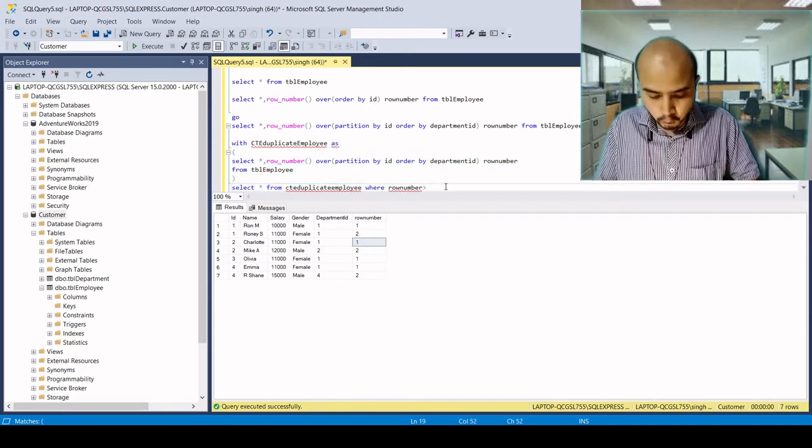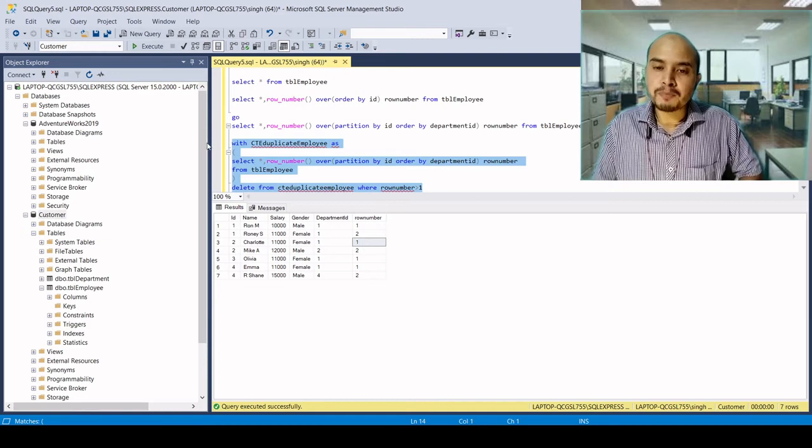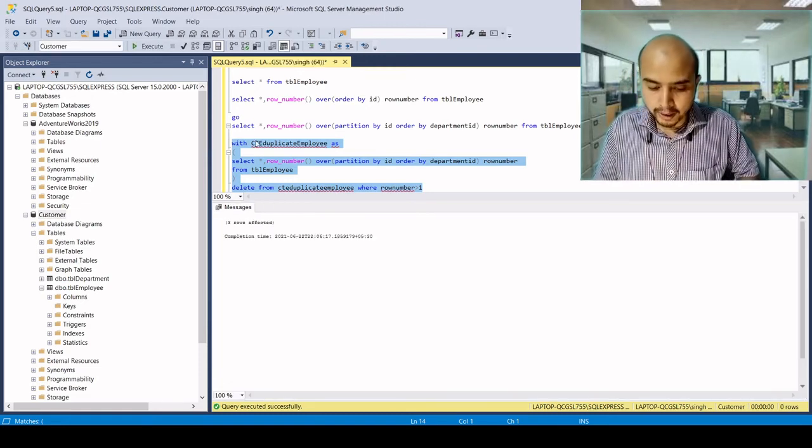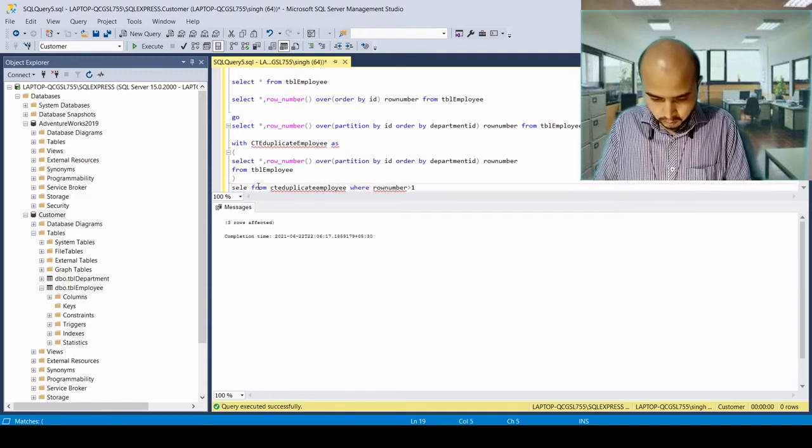Now I just want to delete all the records where the row number is greater than 1. If the row number is 1, I want to keep that record, else I want to delete those records where the row number is greater than 1. Let's execute this and see what is remaining in the table.